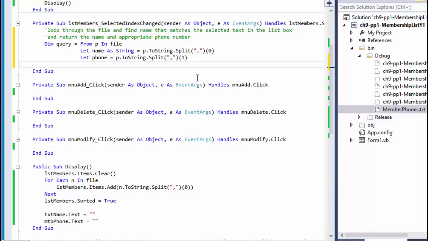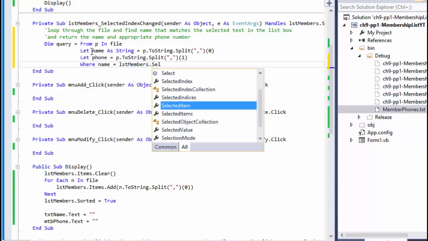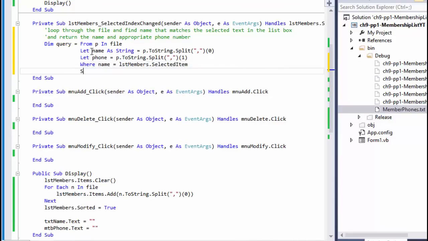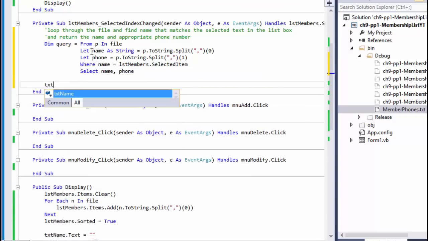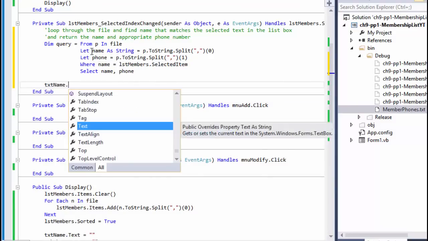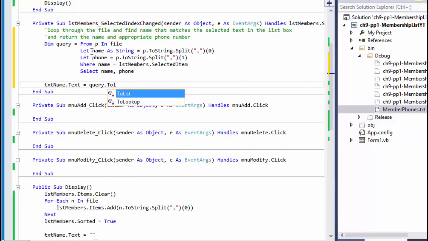All we have to do is just make sure that the name that we are looking for is actually the one that is selected in the list box. So where our name equals whatever is being selected, so the selected item, and we will return or select name and the phone. And over here, now we only get one record, so we got the text equals our query, converting it into list,